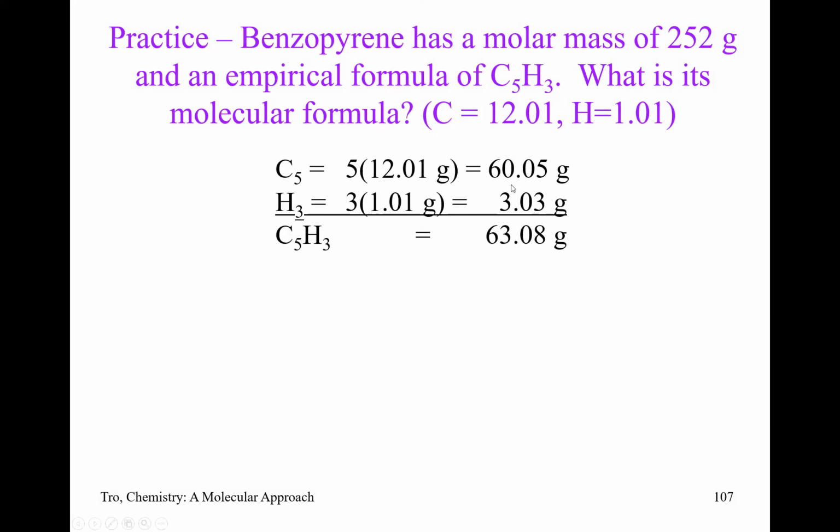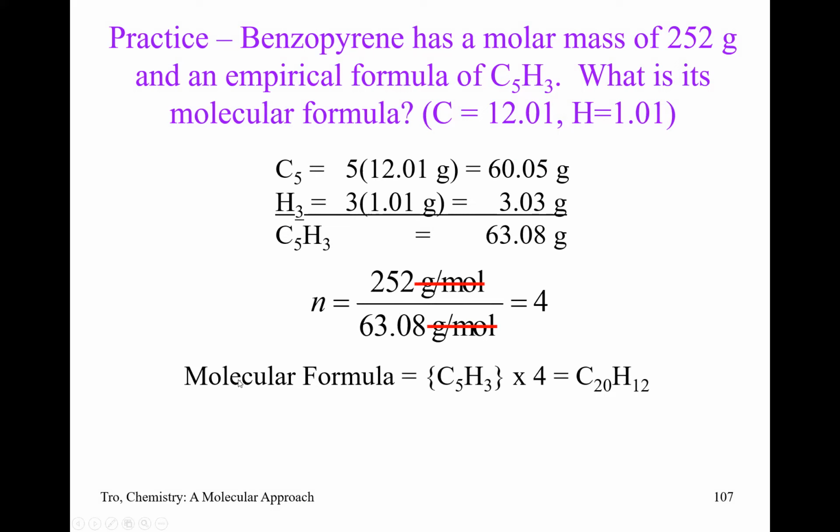5 carbons, 3 hydrogens. You get that added up at 63. That's clearly not 252, but it's got to be some multiple of it. So we divide 252 by 63 and we get 4. So then we just need to multiply that empirical formula by 4. 4 times 5 is 20. 4 times 3 is 12. The right answer is C